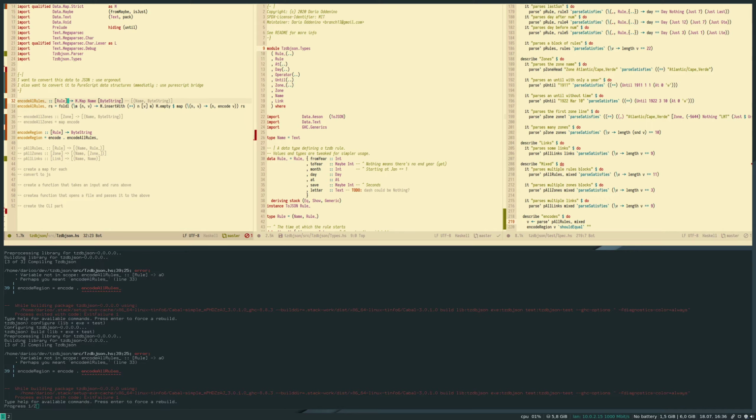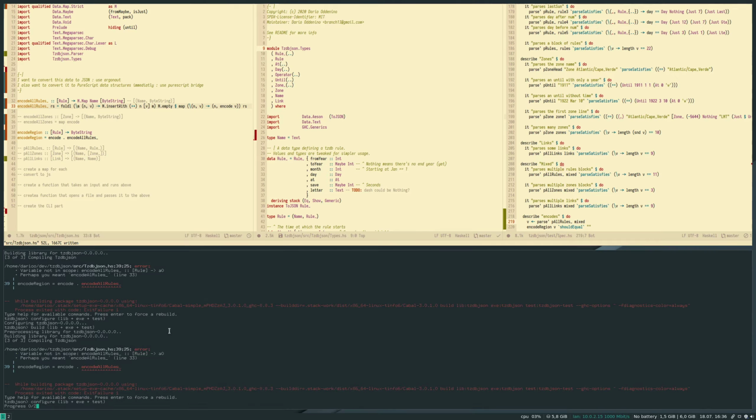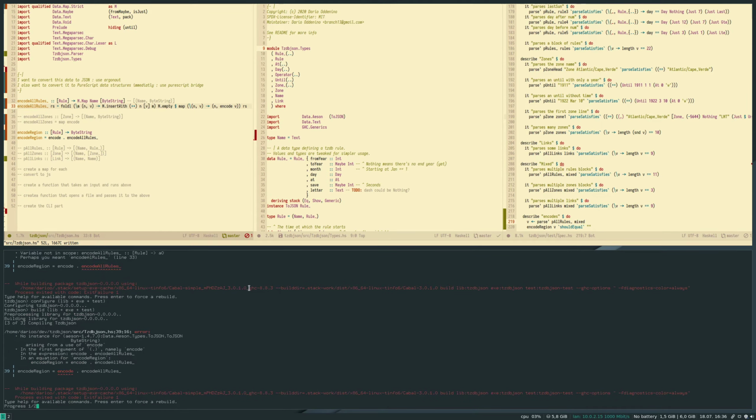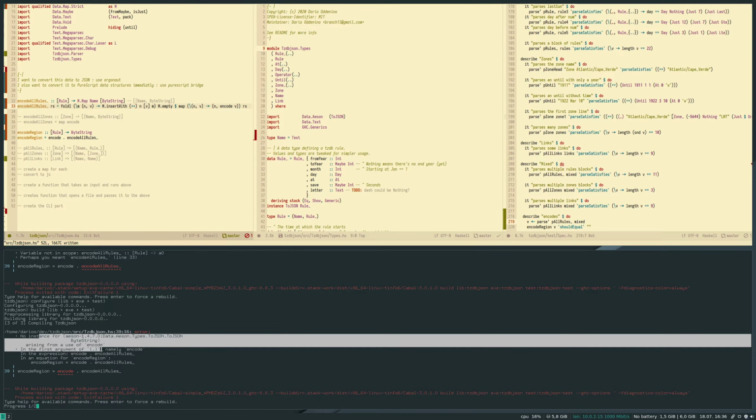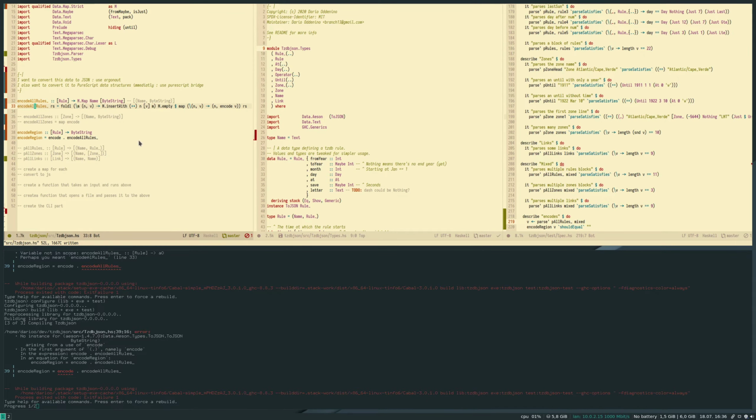Ah, come on! How can I make the same typo twice? Maybe it was the autocomplete. Yeah, there's no instance for byte string. This sucks. What if I do this value and then instead of encode we can use